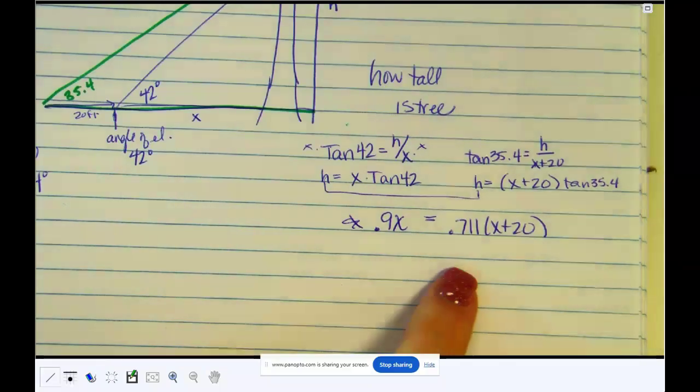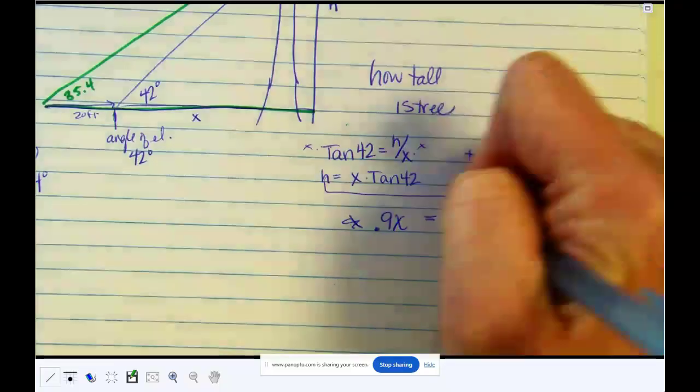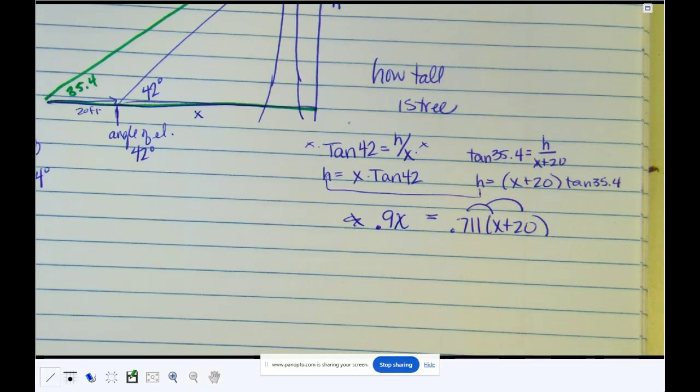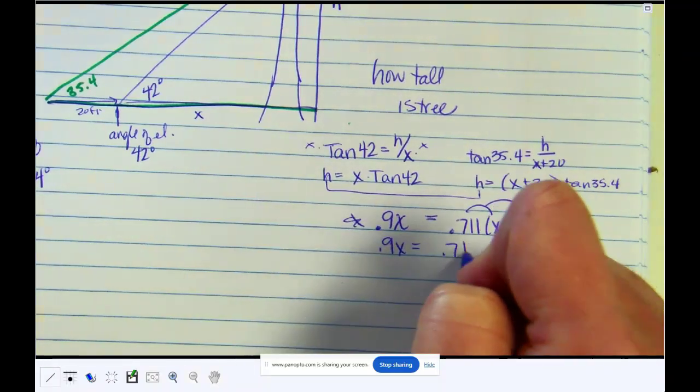What do you do to solve this? You have to distribute the points. Yep, you do. I suppose you could divide by 0.711. That'll get you some ugly numbers, but it doesn't matter. So this 0.9x equals 0.711x